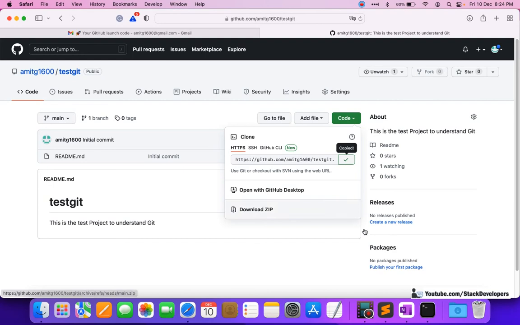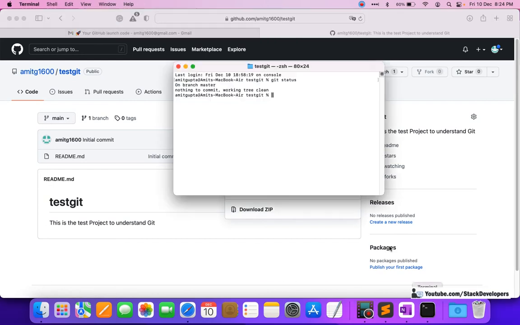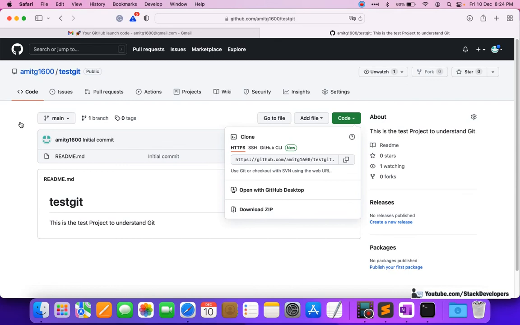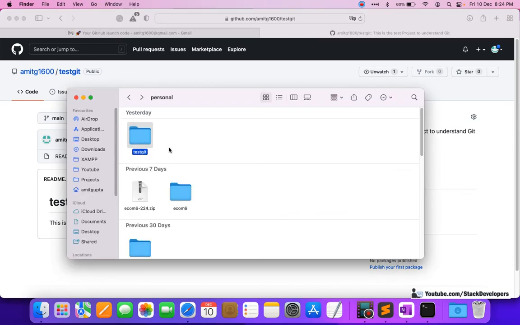Then after that you can go here and give one command, git remote add origin. This is the command that you need to give, and then paste this one. It will connect our repository at our GitHub account to our local project.